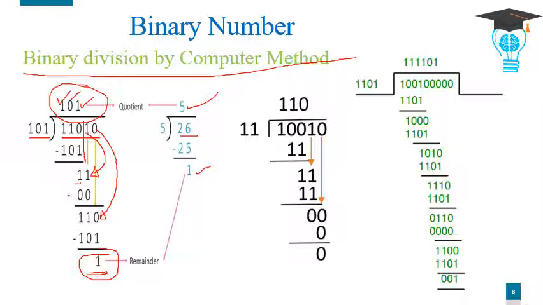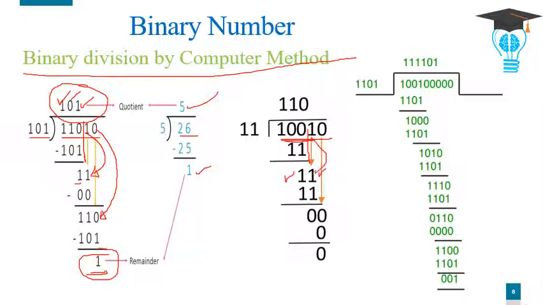Similarly, I'm dividing 10010 by 11. First I will take 2 bits, 10. I cannot subtract 11 from 10, so I will go for 3 bits. I'll go for 3 bits initially, then subtract it, and I'll get 1, again I'll get 11,